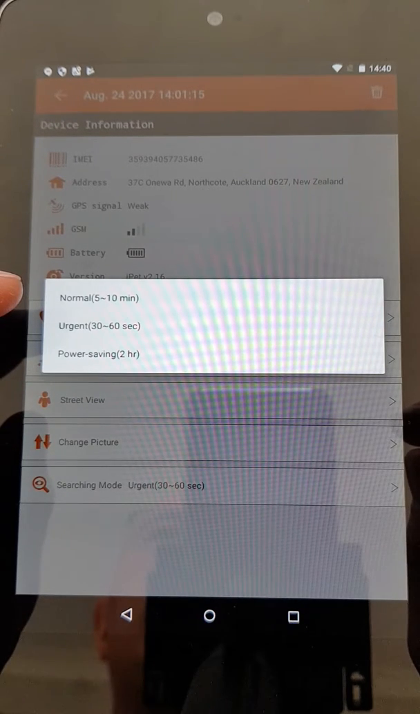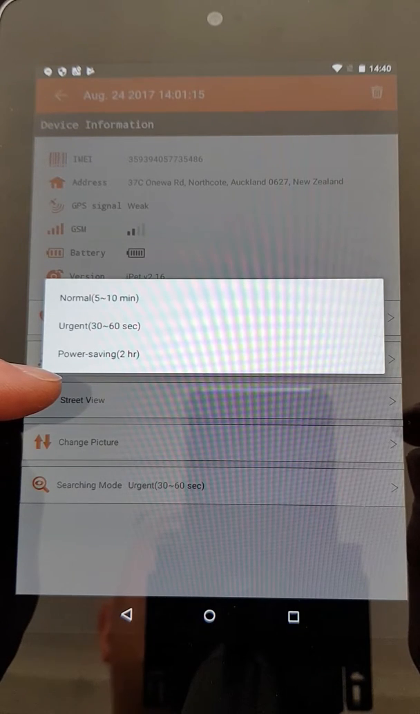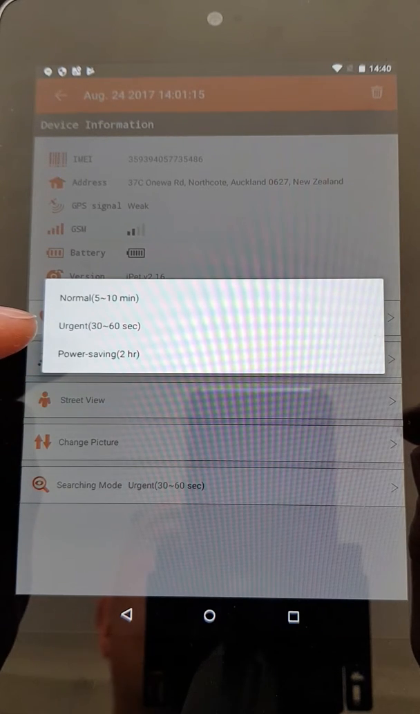So if your cat or dog doesn't really go out too much or doesn't go missing a lot, then leave it in power saving mode, which updates once every 2 hours and will give you about 3 to 4 days of battery life on the Petrek 3G, or up to 5 or 8 days in the Petrek GPS unit. If you are to switch back from power saving mode back to urgent or normal, make sure you understand there is a 15-minute delay, because in power saving mode the tracker sleeps for 15 minutes before it wakes up to